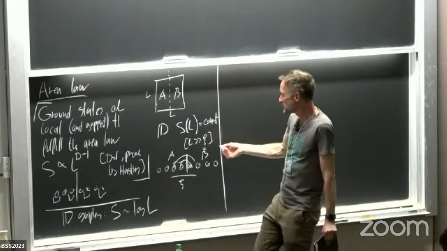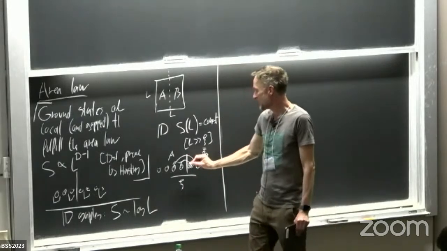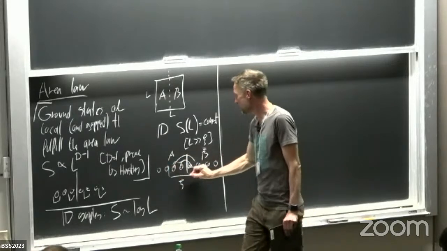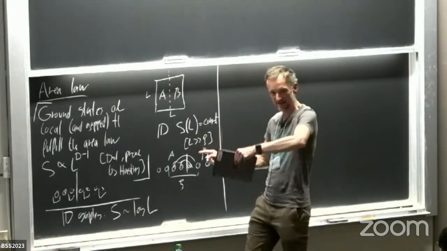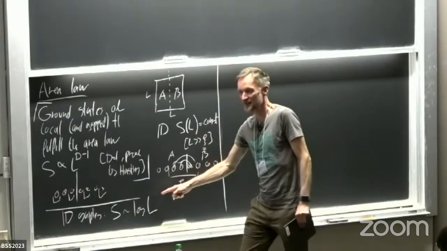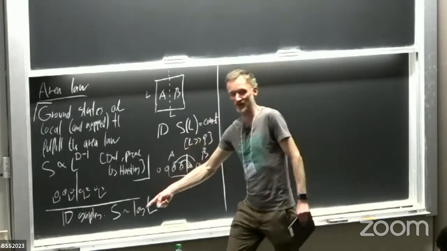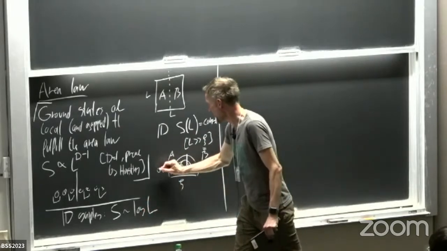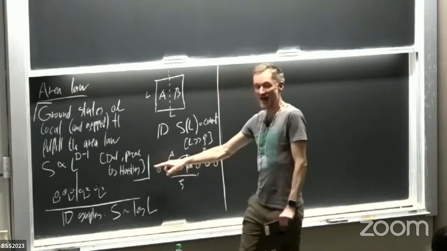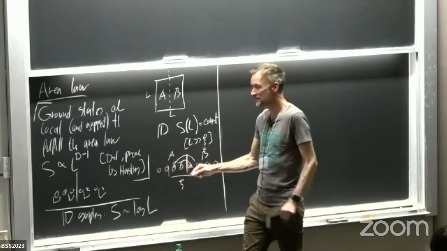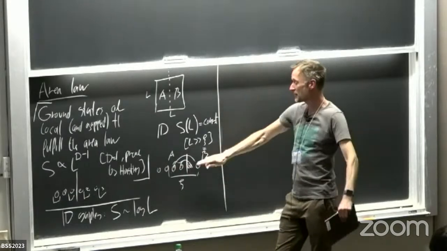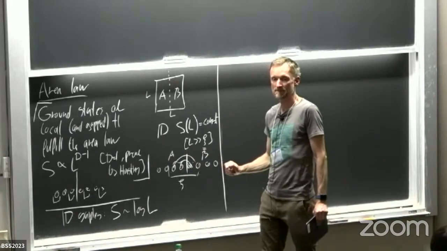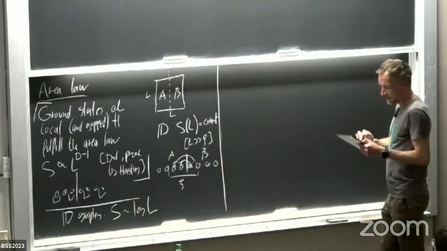And in this more intuitive picture, you would say that, well, if you don't have a correlation length, right? So here I made the argument saying that you only have quantum fluctuations over a certain length scale. But if you have a correlation length that diverges, which is the case if you have a gapless system described by a CFT, for example, then every spin is entangled with every other spin. And as you add more and more sites, they will also contribute to the entanglement between the left part and the right part. Good.